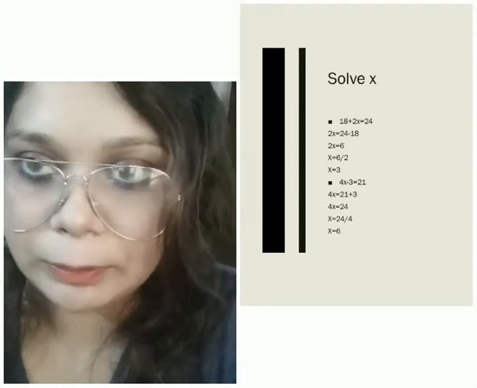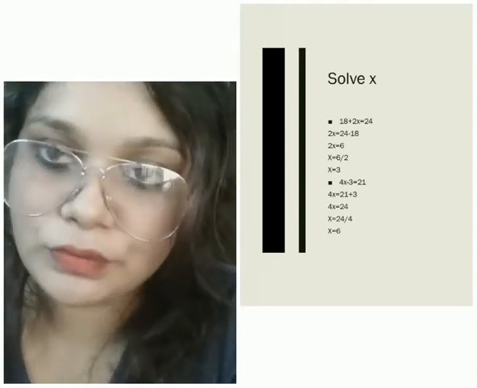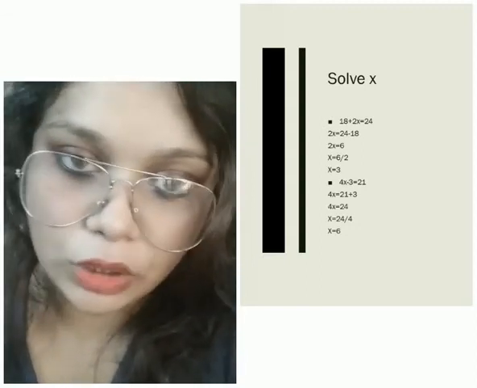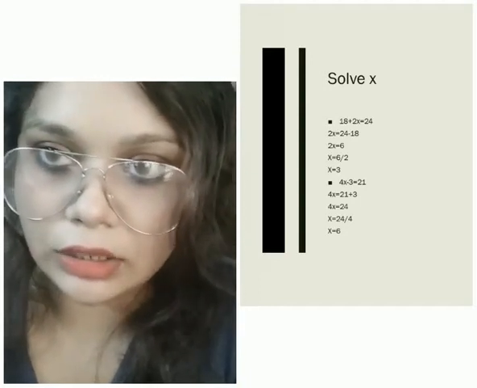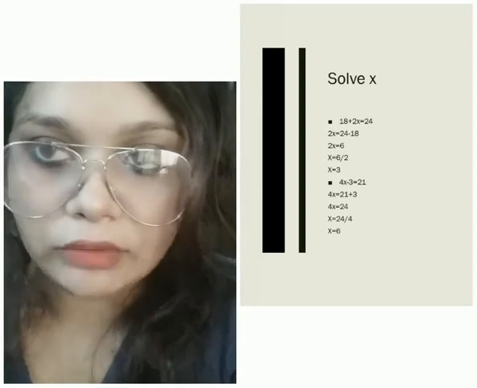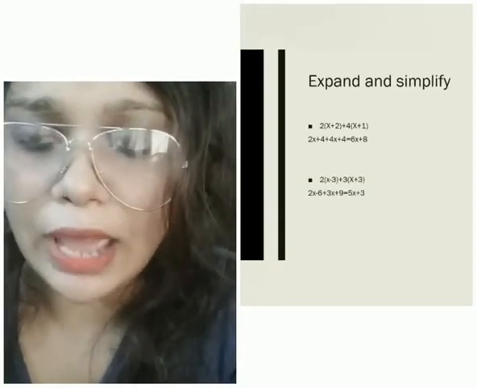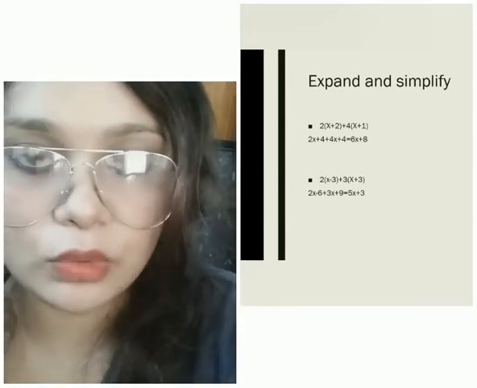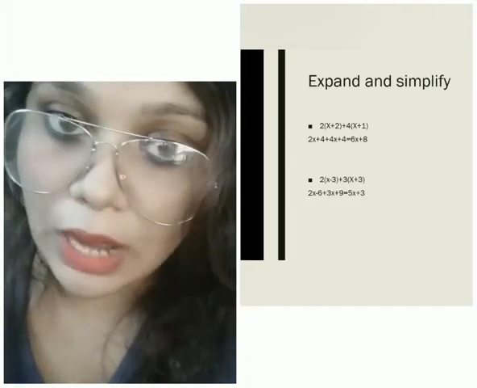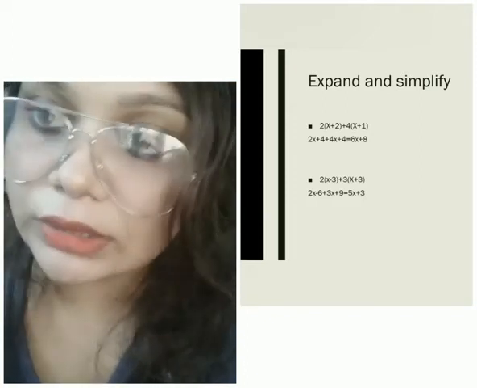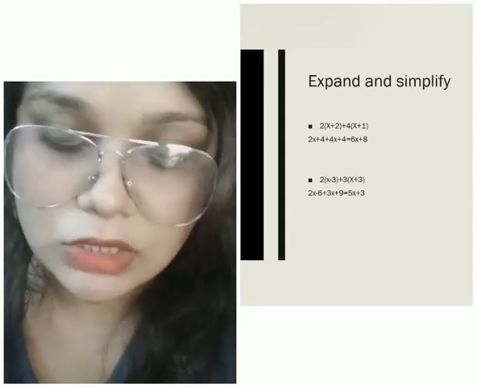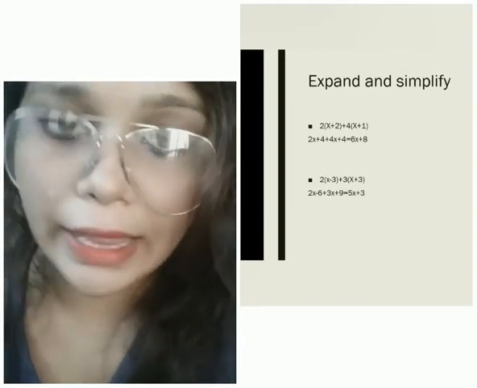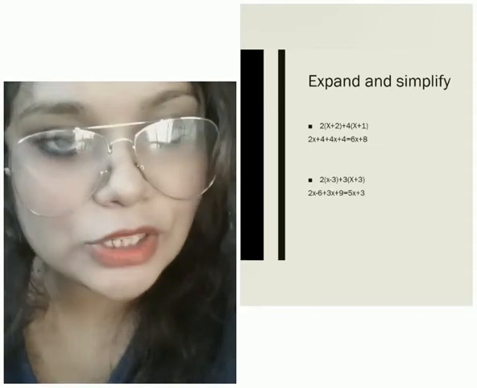Next I am going to multiply the 4 inside the bracket, which is 4 into x is 4x, 4 into 1 is 4. So 4x + 4 will be your second equation. All together we'll add it. I'm going to add the variables, then the constant terms separately. You should not add as it is, like 2x plus 4, it can't be added. So first you have to add the variables. 2x then 4x, both are variables, right? So I'm going to add both. 2x plus 4x is 6x. 4 plus 4 is 8, which is the constant term. So we got the equation as 6x + 8.